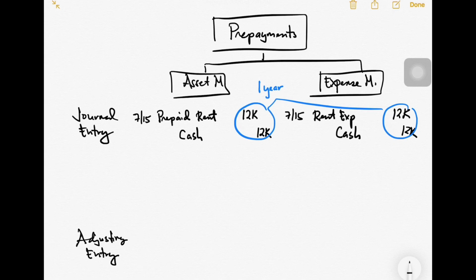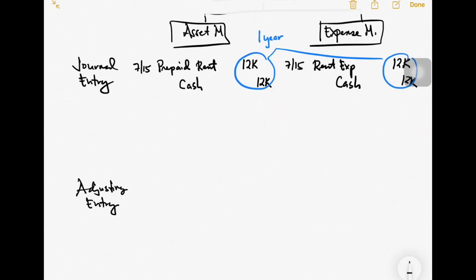And as you can see, there is a difference. And that will also happen in the adjusting entry when we do the adjustments. By the way, the entries are correct, so we don't do correcting entries, but these entries right here need to be updated at year end. Because of that, you will be doing adjusting entries. Assume that we are using a calendar year, so our adjusting entry date is December 31